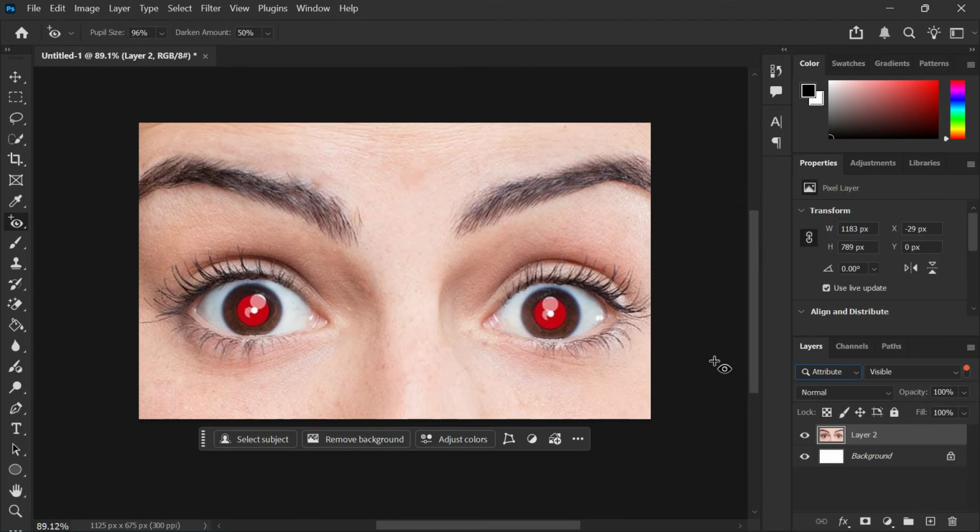We've all been there. You capture a perfect moment with your camera, but because of the flash hitting the retina at just the right angle, your subject ends up with glowing red eyes that can totally ruin an otherwise beautiful portrait. Fortunately, Adobe Photoshop has a dedicated built-in tool specifically designed to handle this exact problem in just a matter